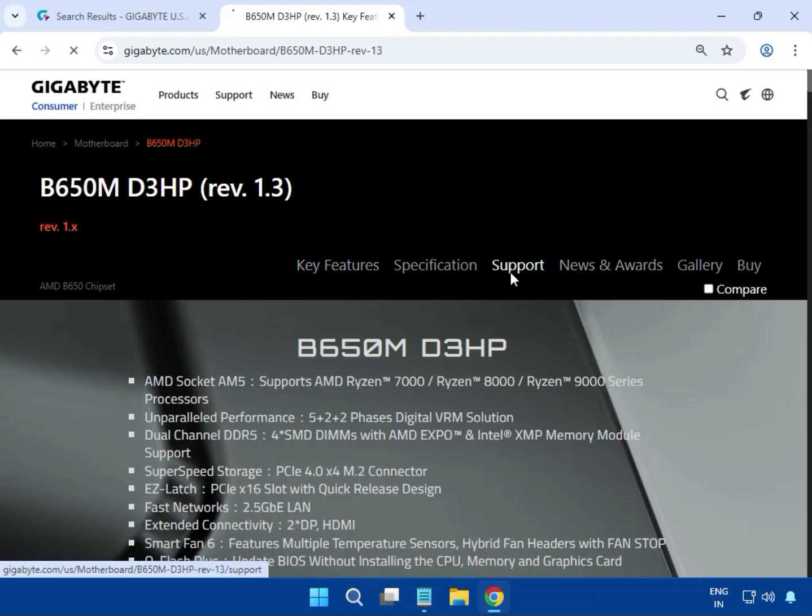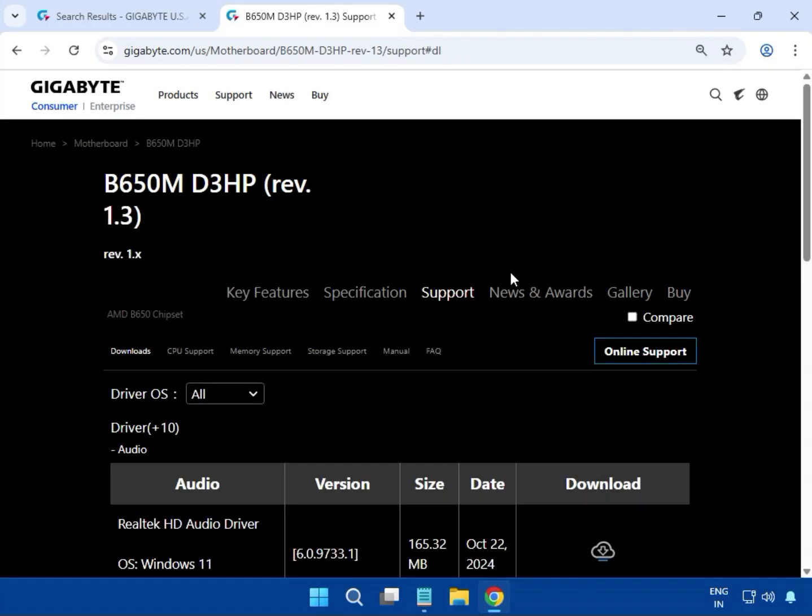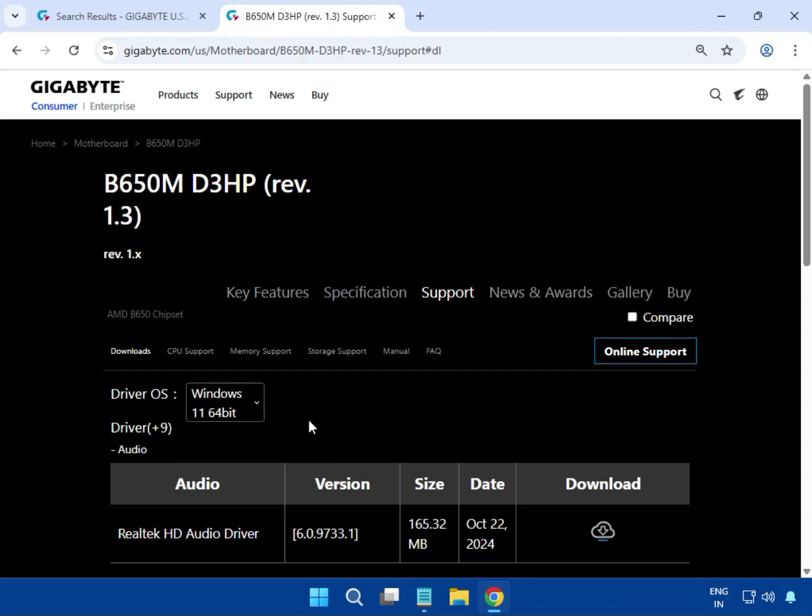Then click on Support. Select the operating system you are using, Windows 10 and 11. If you are using any other Windows operating system, the installation process is the same, so you can watch this video and install. You can install